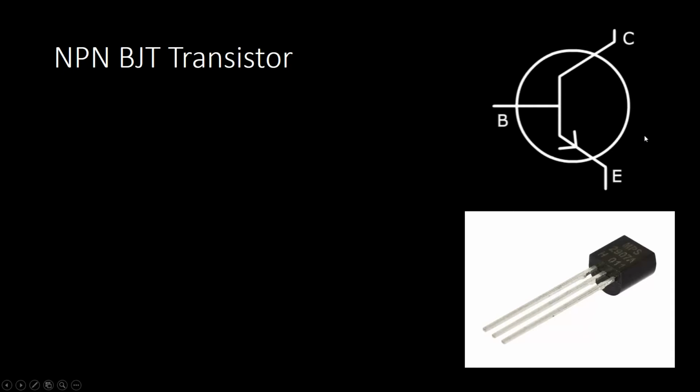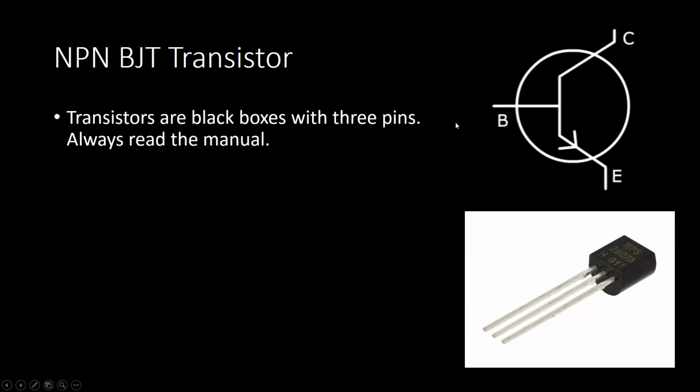So let's take a look at some of the rules of transistors. First of all, there are these black boxes with three pins. Sometimes the pins are not labeled, so if you ever buy a pack of these transistors, which you can buy hundreds of on eBay for pretty cheap, you might not have the C, B, and E labels. So you should always check the manual, also known as the data sheet, for the transistor. You type in the model number of the transistor, you'll get the manual, and it will tell you which pin is which and how to read it, and then you can use that to set up all of your circuits.